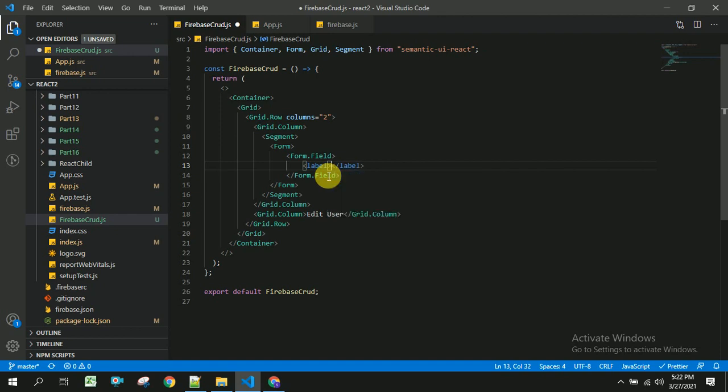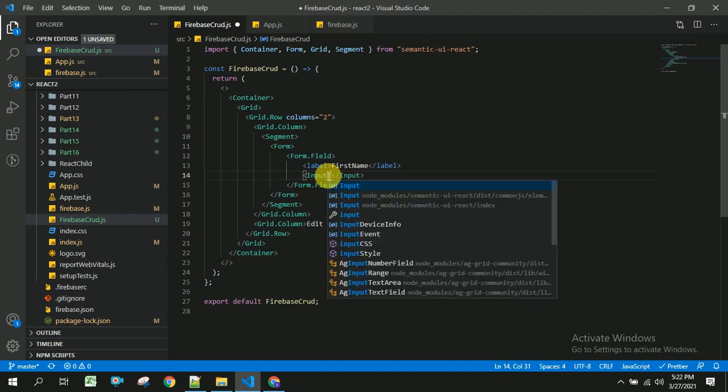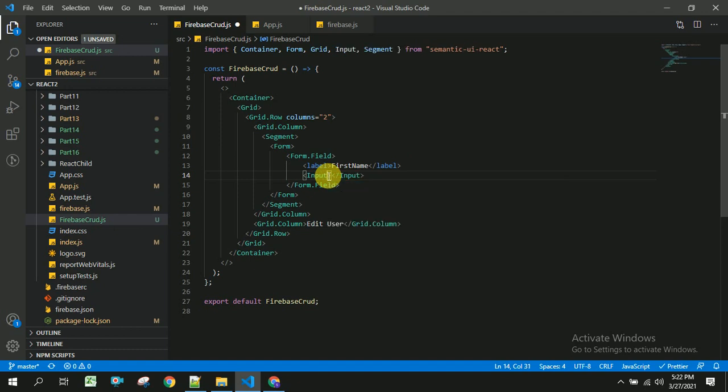We will have one label with first name, and the second one is input. This input I am taking from Semantic UI.